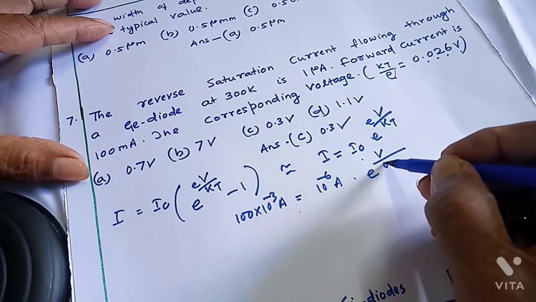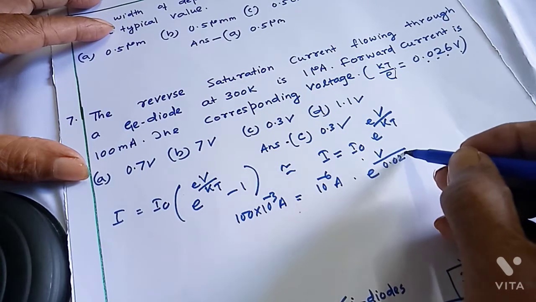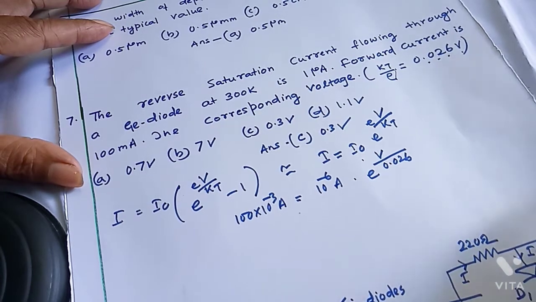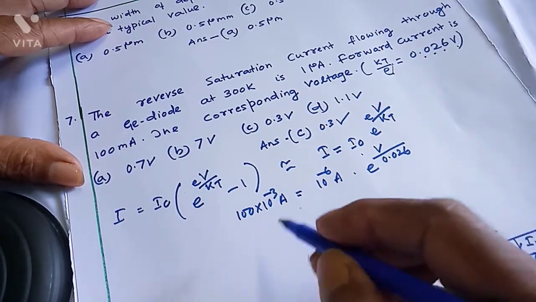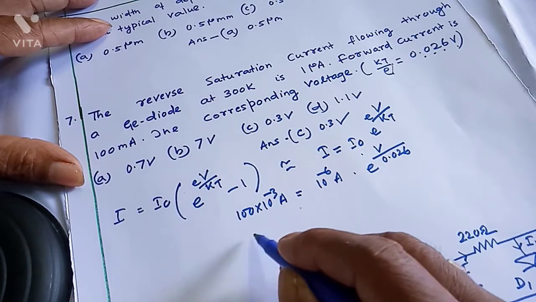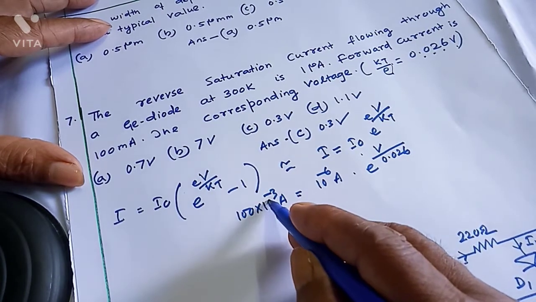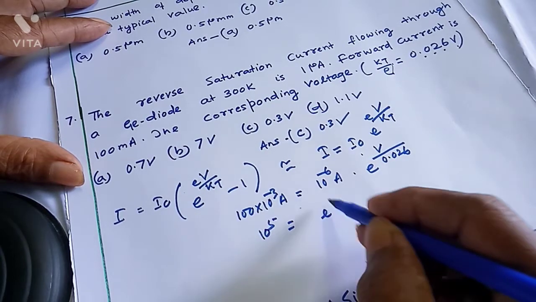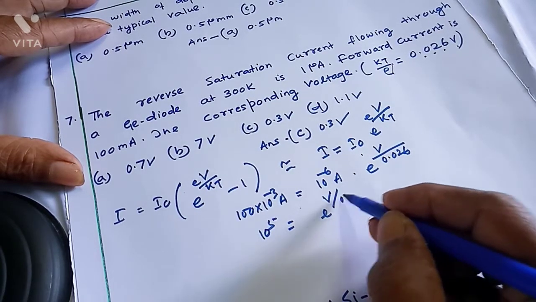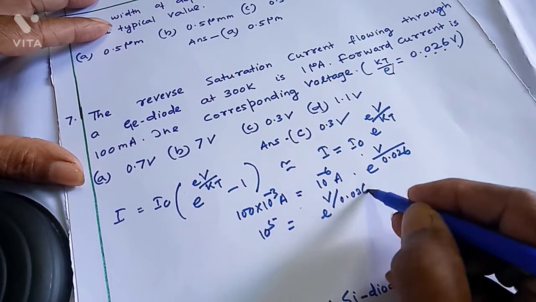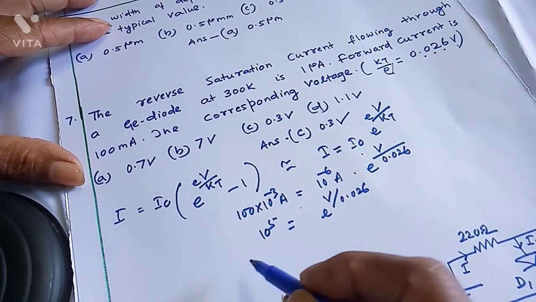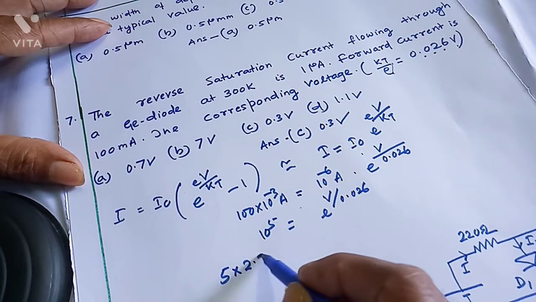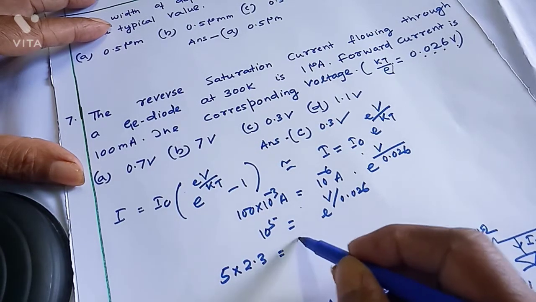0.026. Now we have to find out V. Now what happens? If we simplify, this becomes 10 to the power plus 6, so 10 to the power 5 equal to e to the power V by 0.026. Now taking the ln, 5 ln 10, ln 10 is nearly 2.3. This is equal to V by